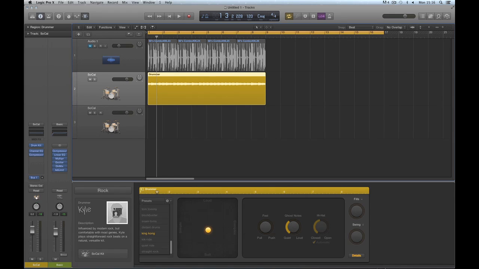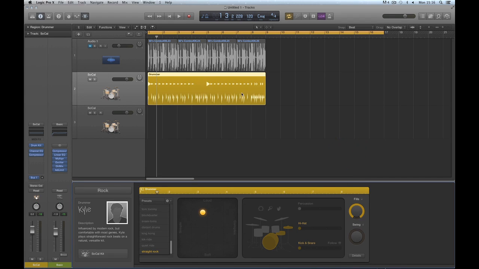I'm going to keep with Kyle here. I'm going to choose the straight rock pattern. Right. Okay, let's put the fills right up. Let's look at the fills first. We'll ram them right up. When you put the fills up to maximum, and you've got an 8-bar region, you always get the same thing. You get a crash at the beginning of each 4-bar section or cycle, and then you get a fill every 2 bars. And it's a bigger fill at the end of the first 4 bars and at the end of the last 4 bars. So full fills, you get this: crash,